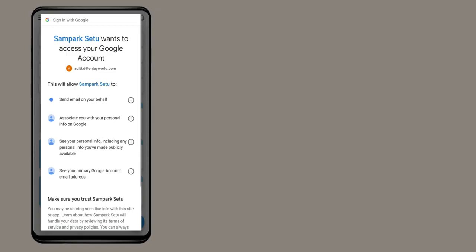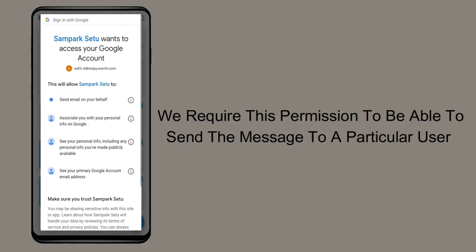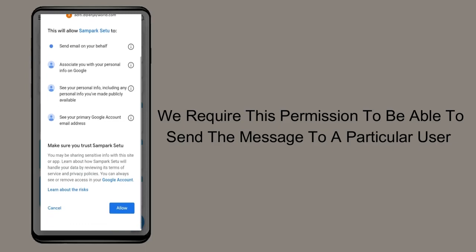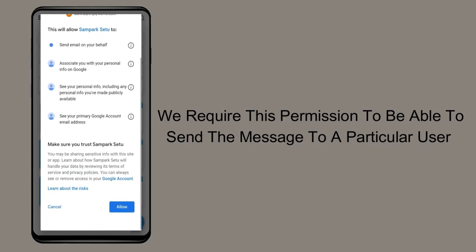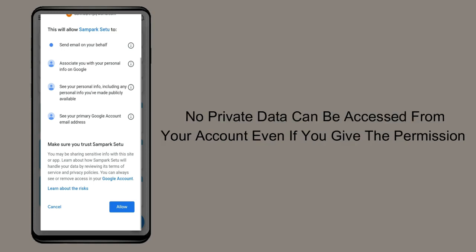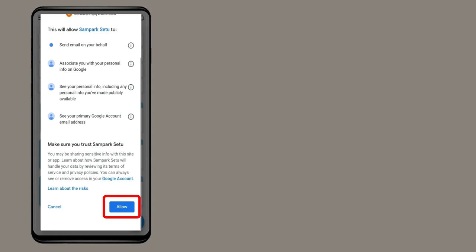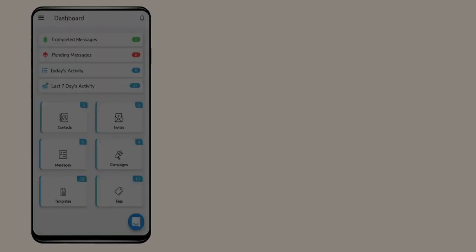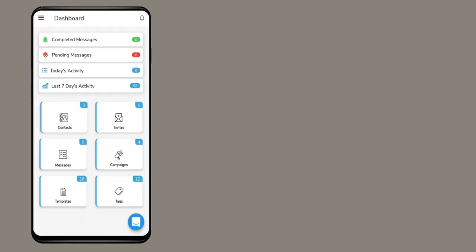We require only one permission that allows us to access the user's basic information such as the user's mail ID and also allows the user to send messages via Gmail. We ensure that we don't require, and also don't get, any more private information about your account, which concerns your account safety and security. If you don't follow the sign-in process or if you deny the permission, then you won't be able to send messages via Gmail. Proceeding forward to allowing permissions, you will be signed in with one Google account through our application.